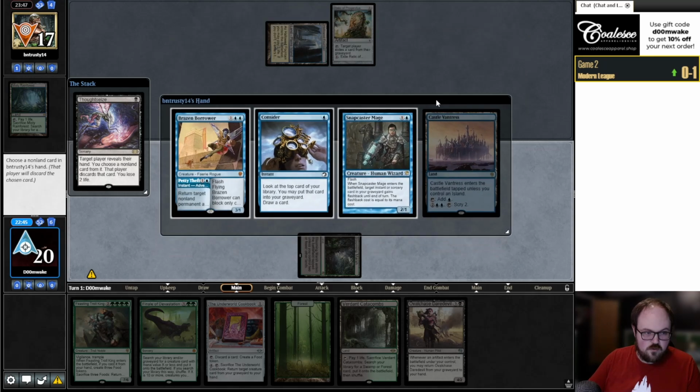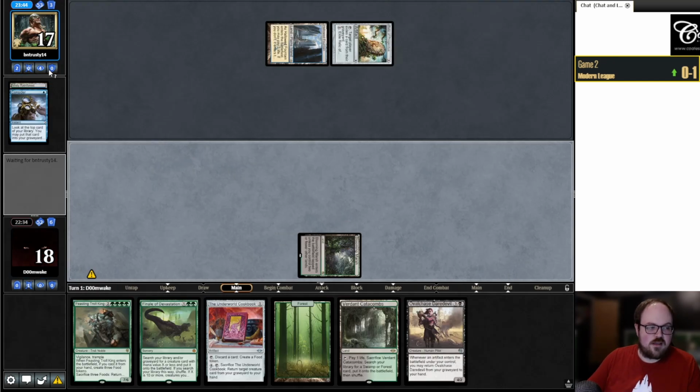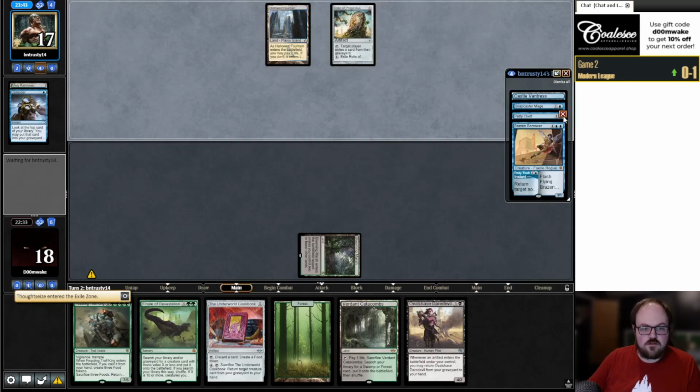Snapcaster, Consider, Borrower. There is some consideration to take the Borrower to try to set up Troll King, but this kind of prevents the Troll King anyways. I'm just going to take Consider. Try and see if they miss some land drops. I think I like it. It's a little greedy, but...